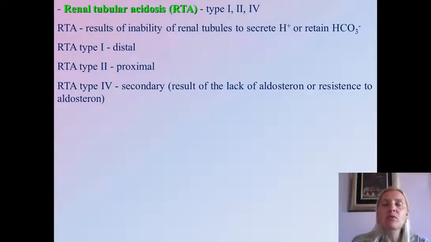There is also the group of so-called renal tubular acidosis, and there are 3 types: 1, 2, and 4. Actually, those RTAs result from the inability of renal tubules to secrete hydrogen ions or to reabsorb or regenerate bicarbonate ions. So we have type 1, which is distal, type 2, proximal, and type 4, secondary renal tubular acidosis. But I'm gonna stop here because these are topics which you're gonna discuss in detail during your